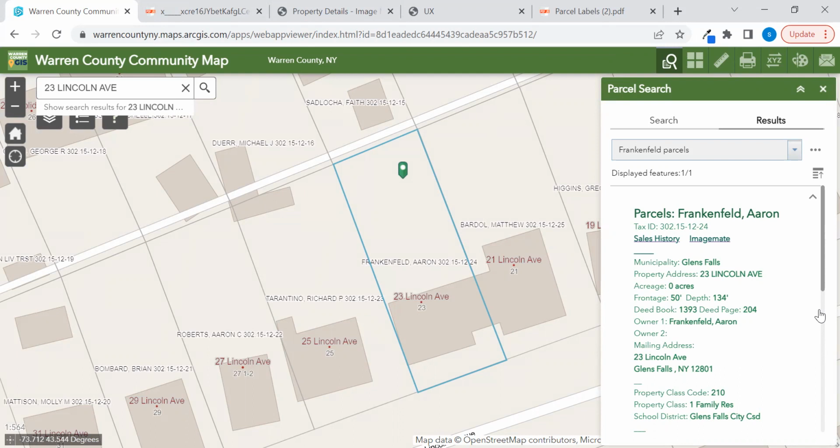However, if we do that, users just need to be aware that your results may be not what you're expecting. So I put in my address and I'm scrolling down. It still hasn't found me. But okay, yeah, that's helpful feedback. We can definitely